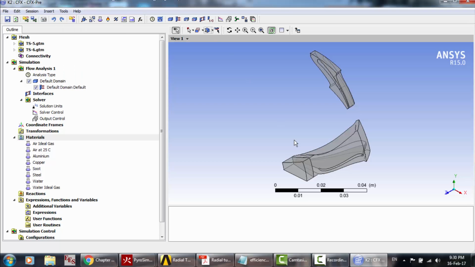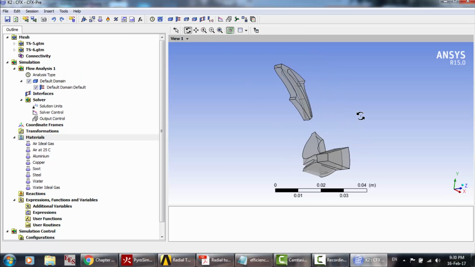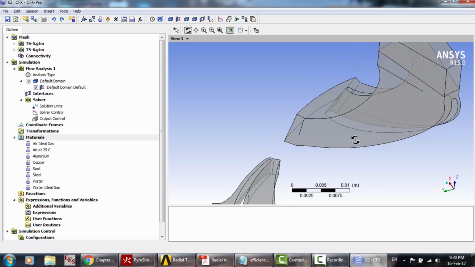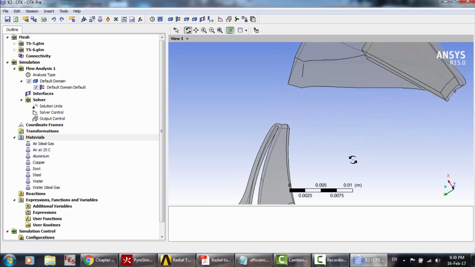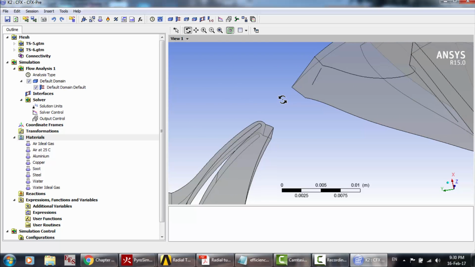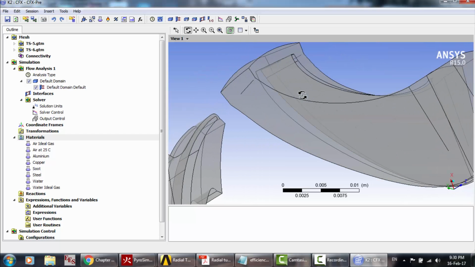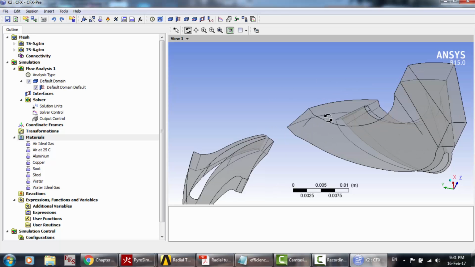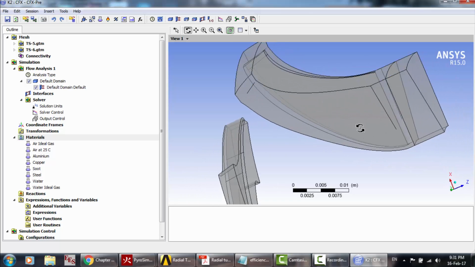But before this, you have to check out the geometry, please. You have to know if this assembly is the required assembly or not. Here you can see that there are some millimeters. Here the interfaces are not tangent. So please, I recommend to handle the geometry before entering the CFX. But if you got this problem, notice